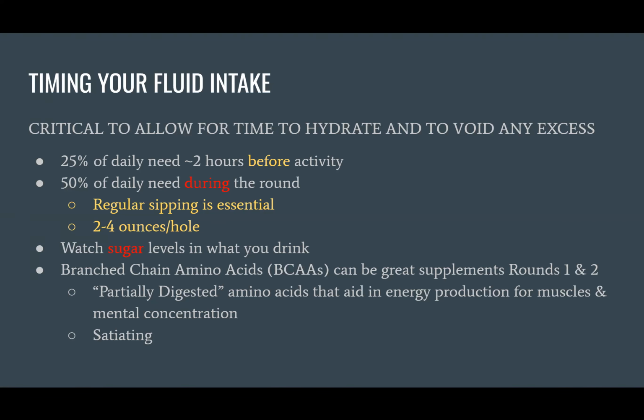Watch your sugar levels. Some people find it really helpful, in terms of staying satiated in a round so they don't have to snack as much, to use what is kind of your liquid snack, things like branched chain amino acids. So this is a supplement. They're great